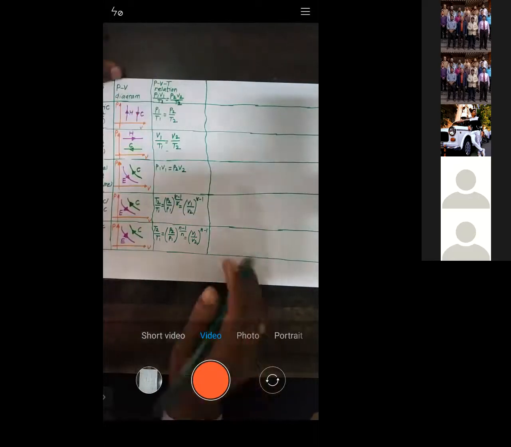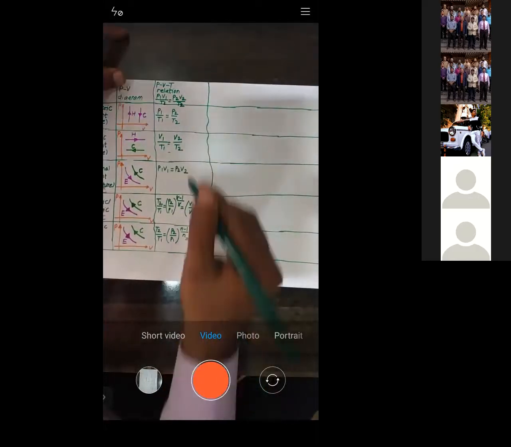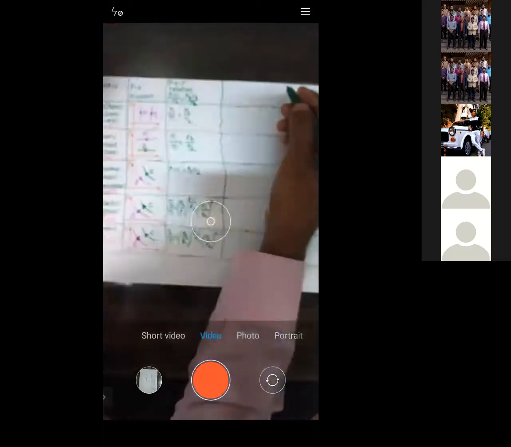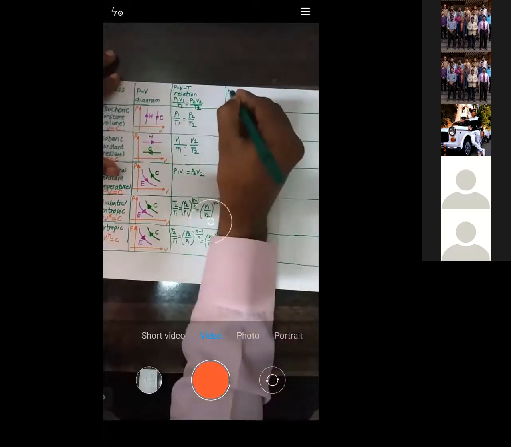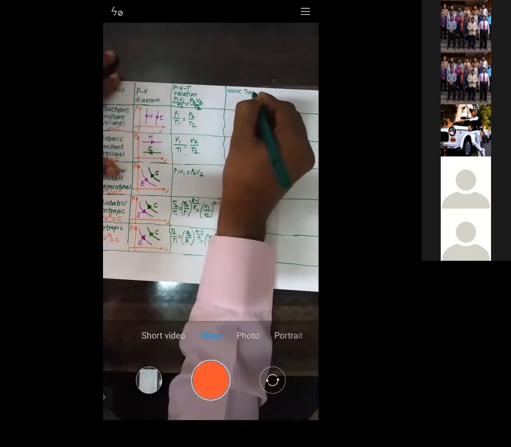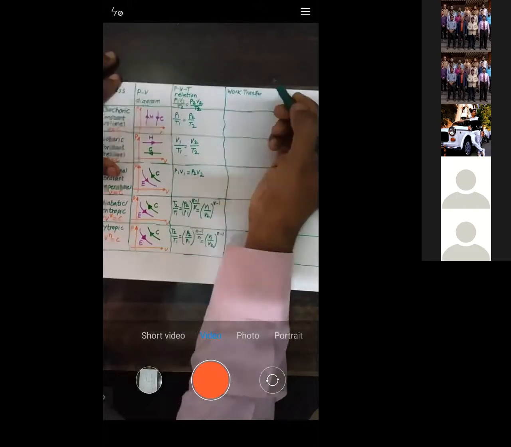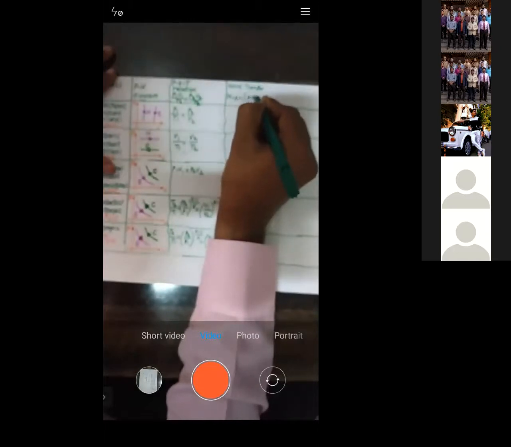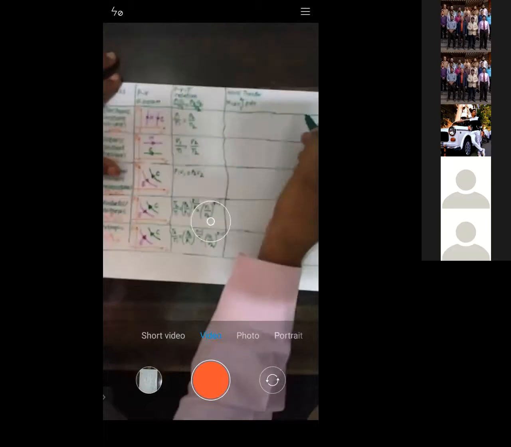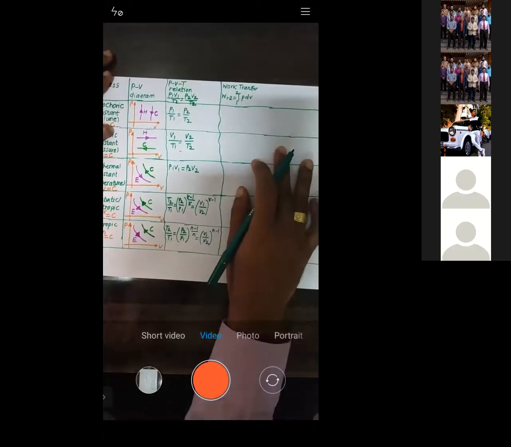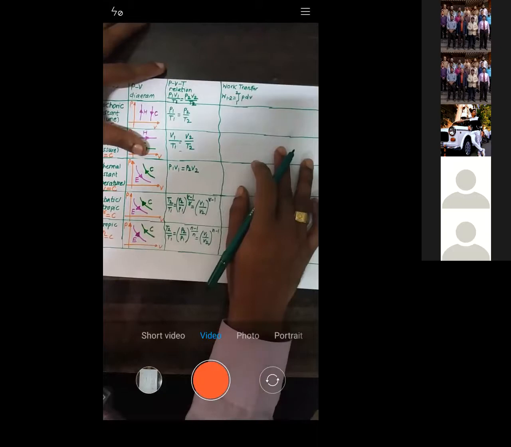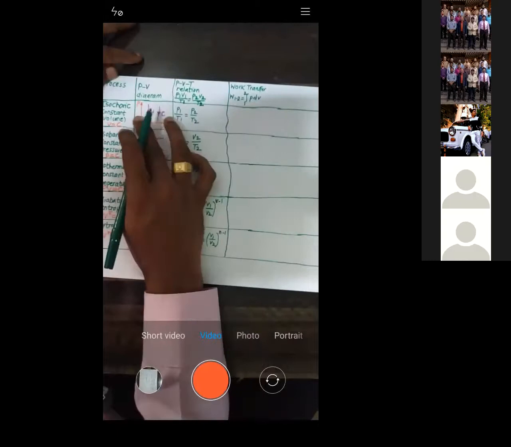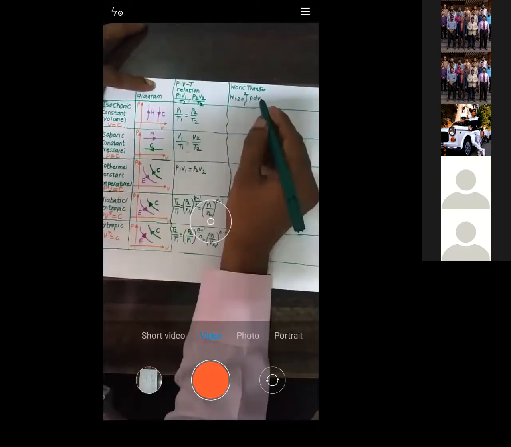Right, so this is the PVT relation. Once we have finished with the PVT relation, we calculate the work transfer. So let us now calculate the work transfer. For calculating work transfer, we have the formula W1 to 2 is given by integration P dV for the process 1 to 2, right? Now let us put, see, it's a constant volume process. So dV is 0. So work transfer is 0.